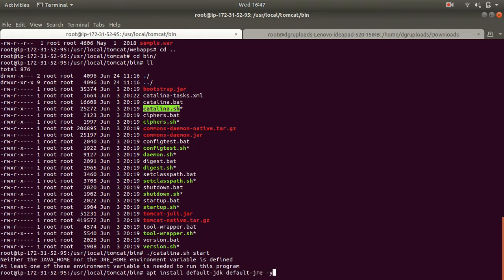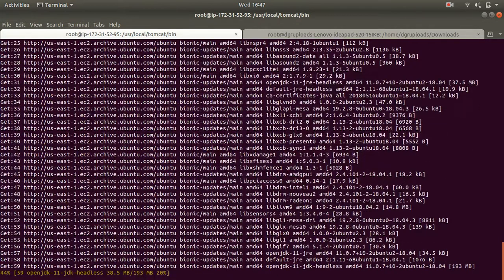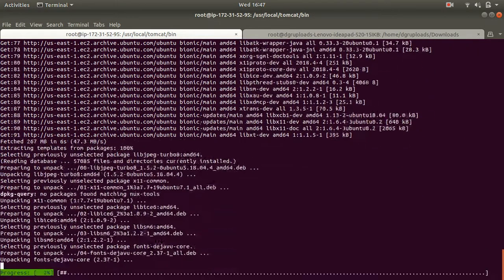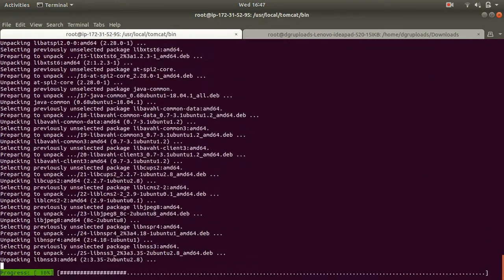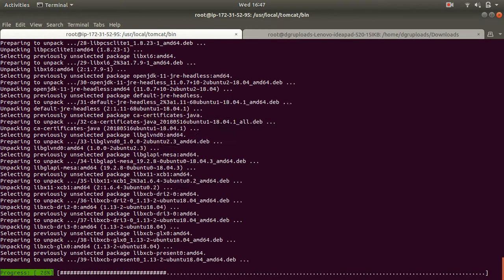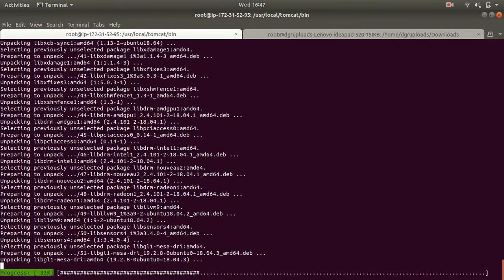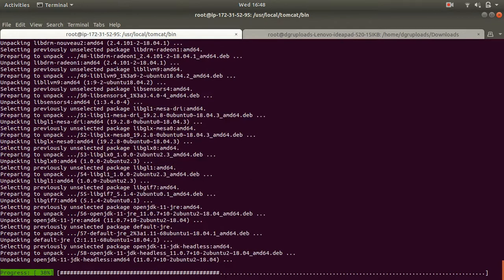I'm going to install both the JDK and the JRE, and this will install both packages for me. Just give it a couple of minutes. My JDK and JRE should be set up, and then we can start the catalina.sh script, which will bring up my Tomcat, and I should be able to access my Tomcat application.